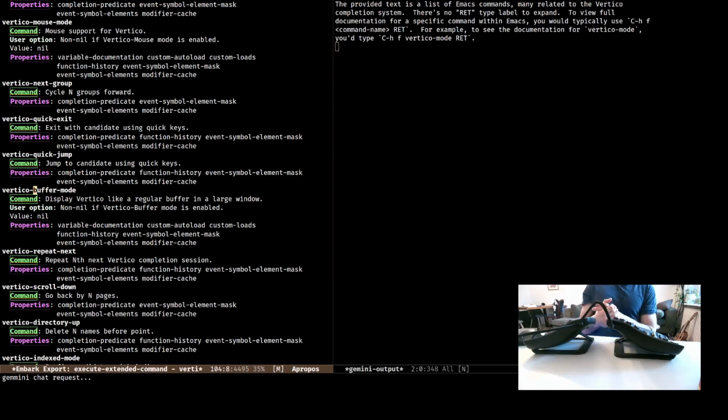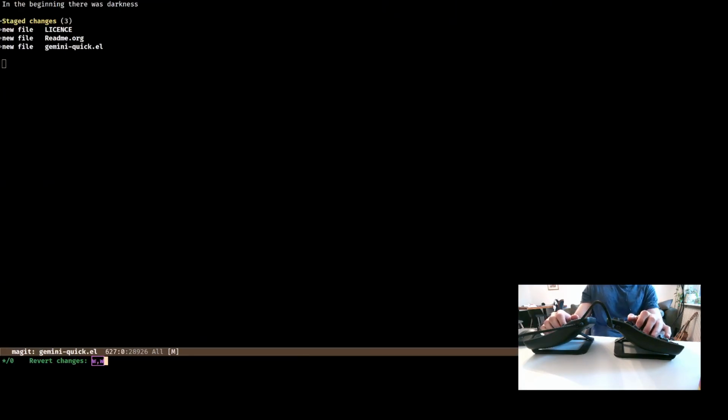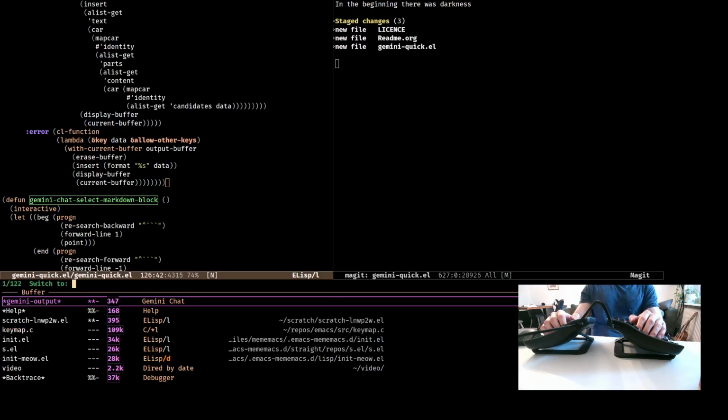request. The provided text is a list of Emacs commands, many related to the vertical completion system. There's no red type label to expand. What? Vertical mode. Yeah, okay, either way. I mean, I can do something with this text, and this is part of the power. And it goes sort of a little bit the other way around. Say that